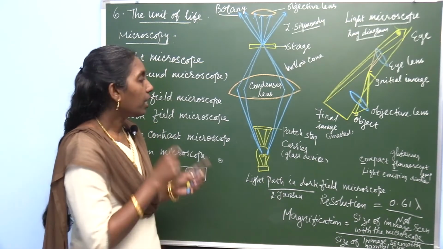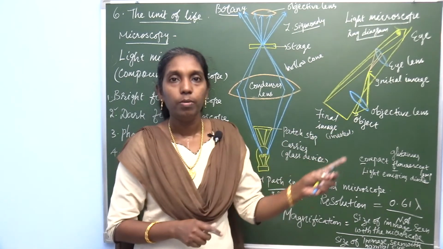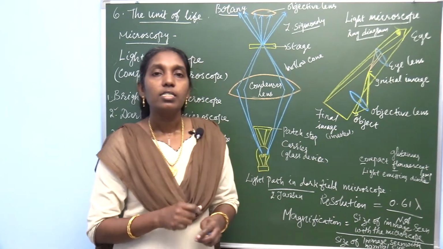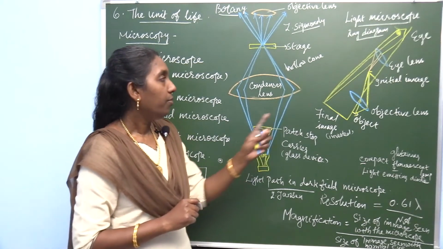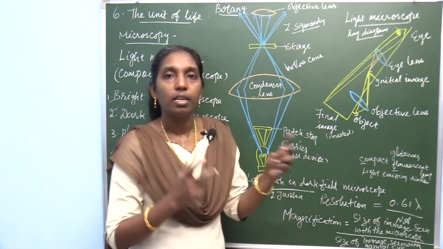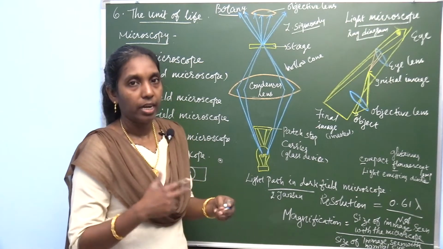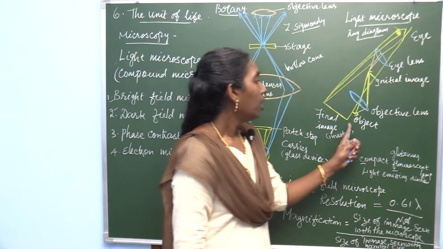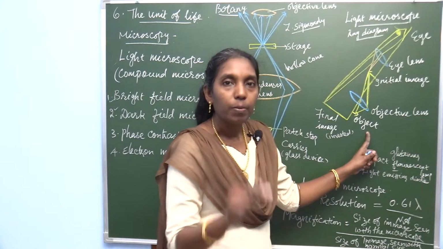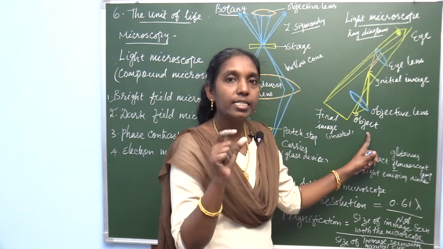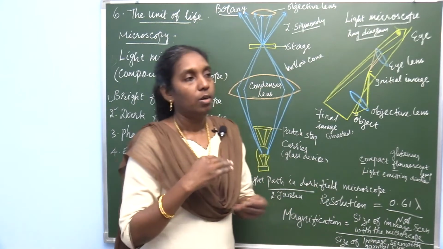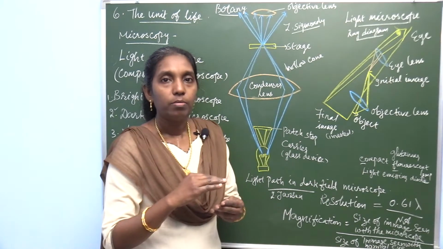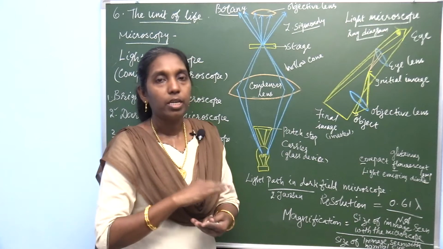But if you keep it under this microscope, you adjust the lenses and it is visible. How? At first, the microscope contains a number of lenses. Here is the object. We are placing the object on a stage. There is a place called the stage. There is an adjustable platform present on the microscope.